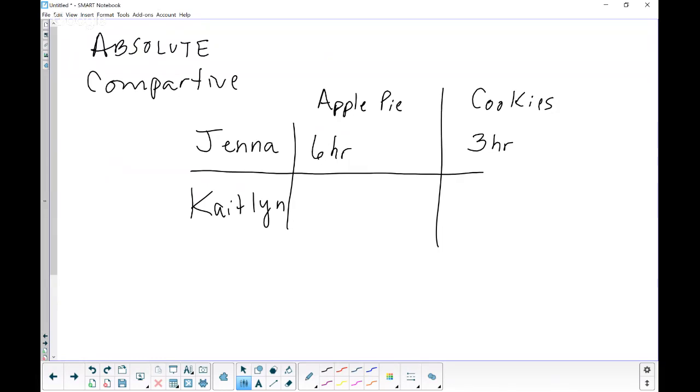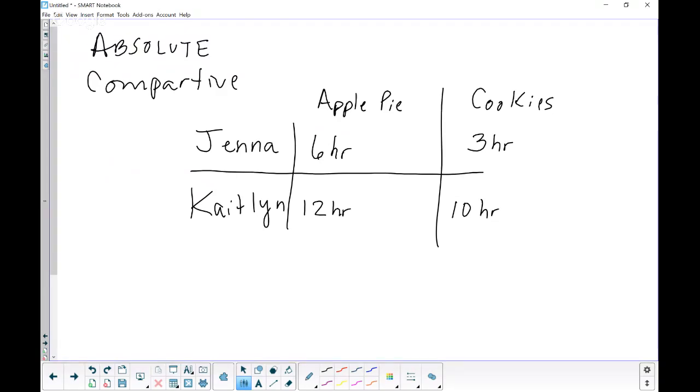Some pretty intense happenings here. Well, Caitlin, she really takes her time because it takes her 12 hours. And for the cookies, it takes her, let's say, 10 hours. So this is our setup. So again, we're looking at an input question. So the input question would be, I don't know,